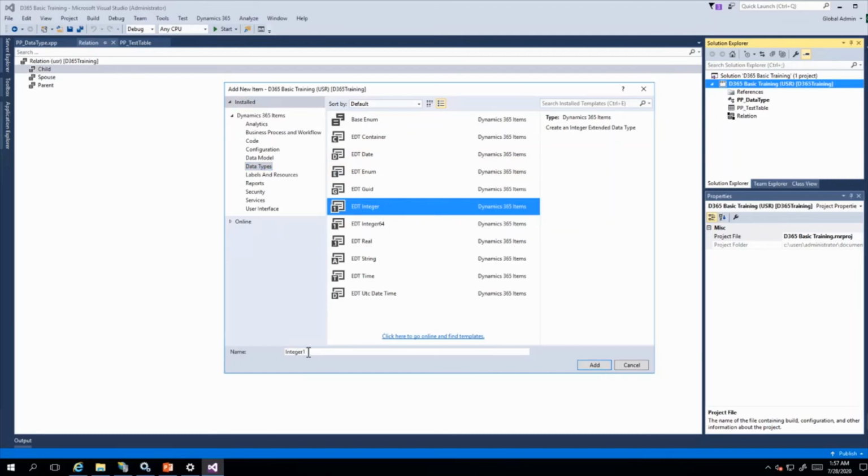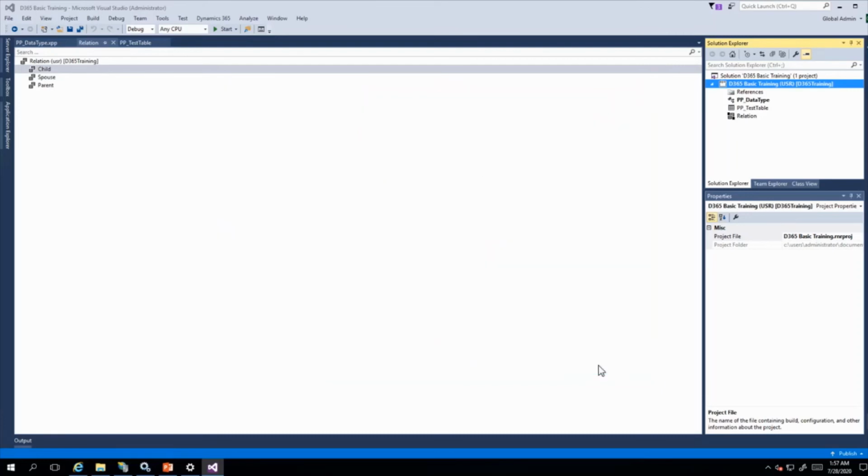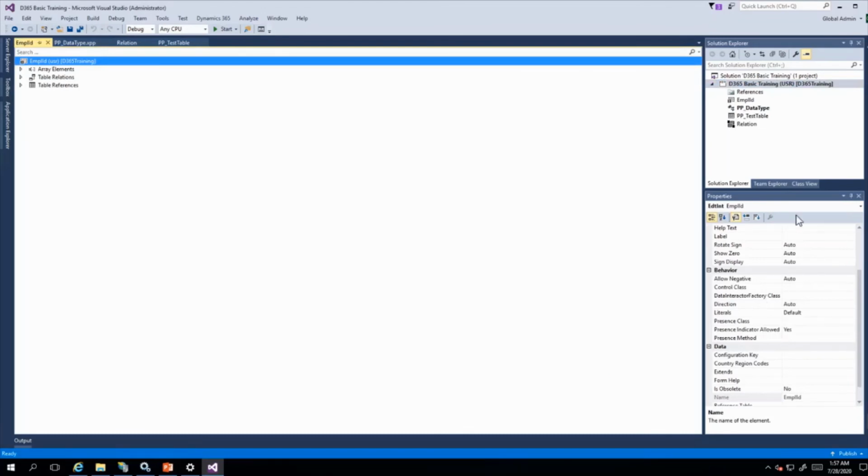So right now we are creating our own data type as empl ID. This is based on integer, so I'll select empl ID, and now this is created.